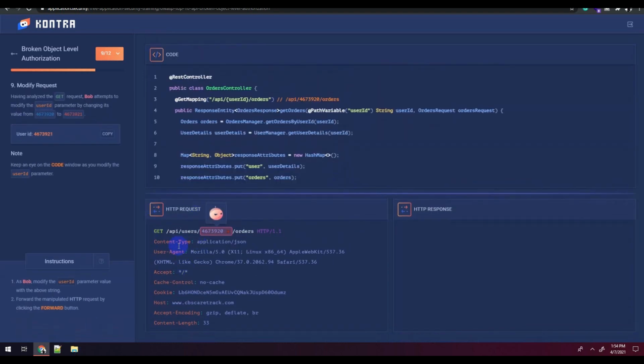Okay, now what we're going to do is modify this user id value with some different user id value. So you can see that the user ID ending is 20, let's change it to 21. That's how we usually perform an IDOR. So basically a user id value will be bound with a group of values, like an object carrying multiple values, and you try to either increase or decrease. That's the way you identify the IDOR, right?